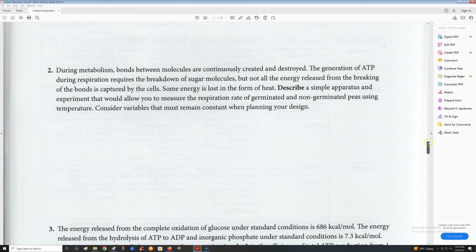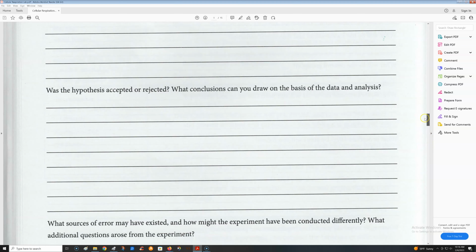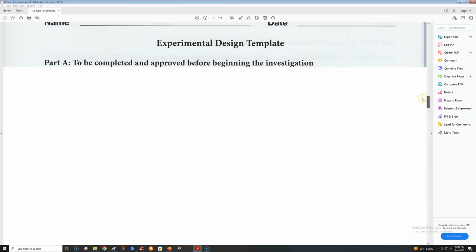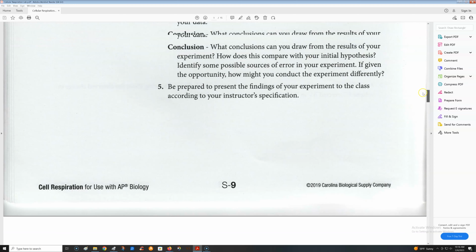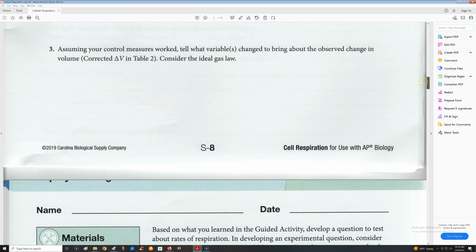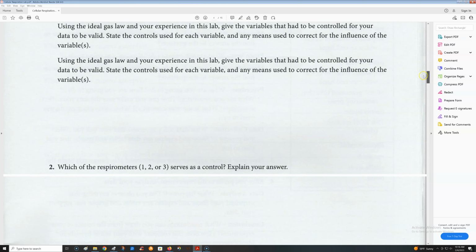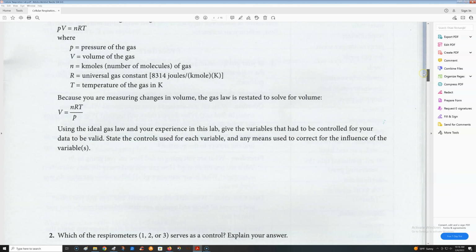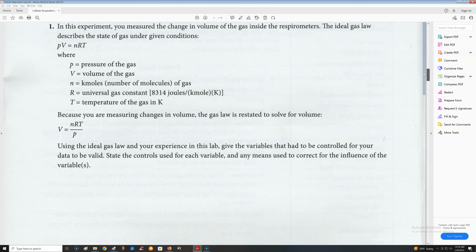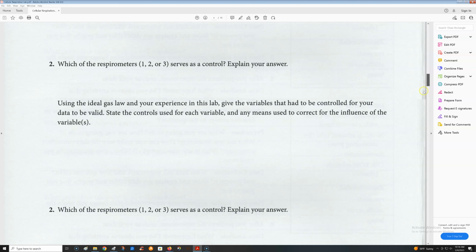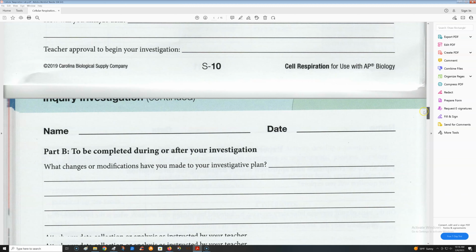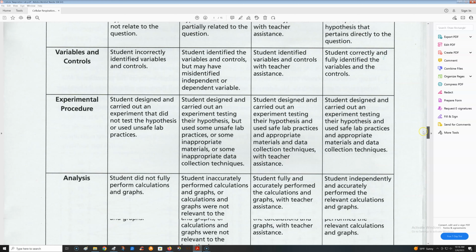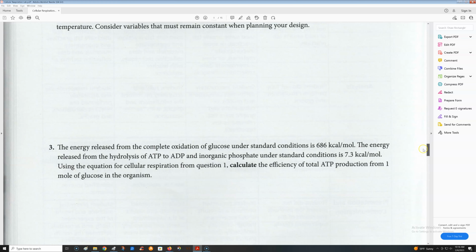And if you look up here, temperature is one of the variables. Oh man, scrolling. There we go. So you can see temperature of the gas right there. And so pressure of the gas, volume of the gas. So we got to keep all that the same if we're investigating temperature. So you want to not add potassium hydroxide. And I'm not going to tell you why because that's the answer to number 1. And so number 3,